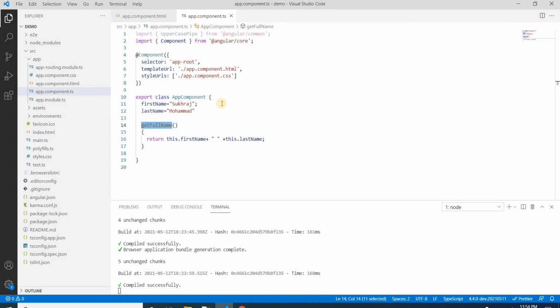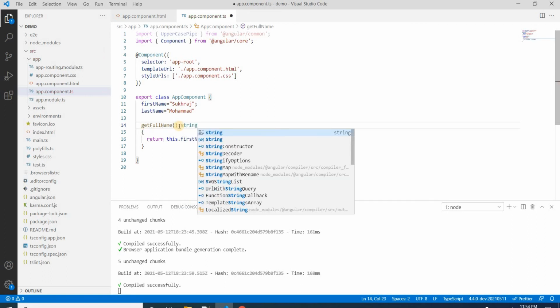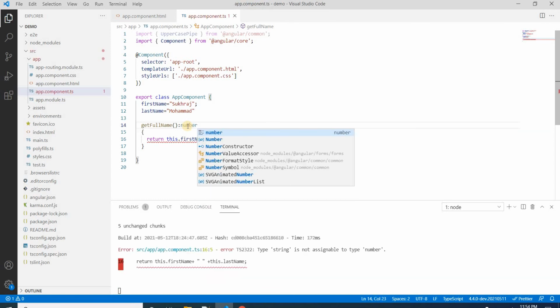Now let's make small changes. Before that, I would like to tell you one more thing. If I want to restrict the return type of the method, we can define it here, like string. Now this method always returns a string. If I say number, it will return only a number.